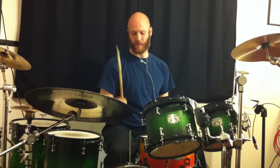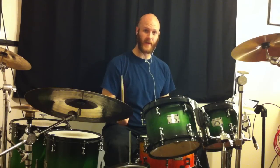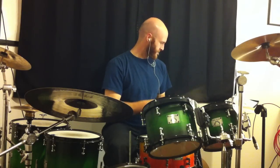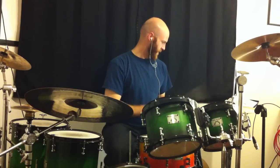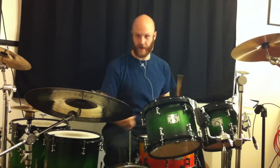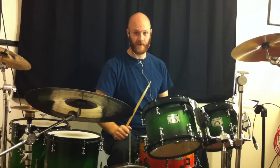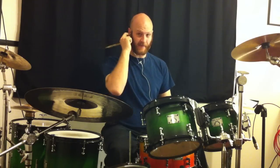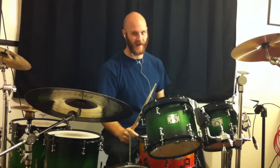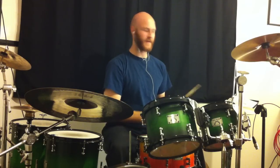So we basically are playing the same idea, only we have no bass drum on 1. And that sounds like this. Okay, there's the idea. And he does a fill at the end, which I'm not going to teach. You can try to pull it off my video or buy the book to get it. But the fill at the end of that groove goes...